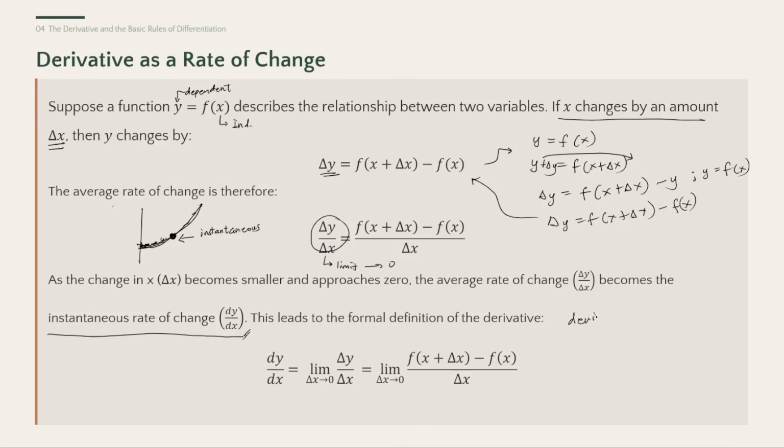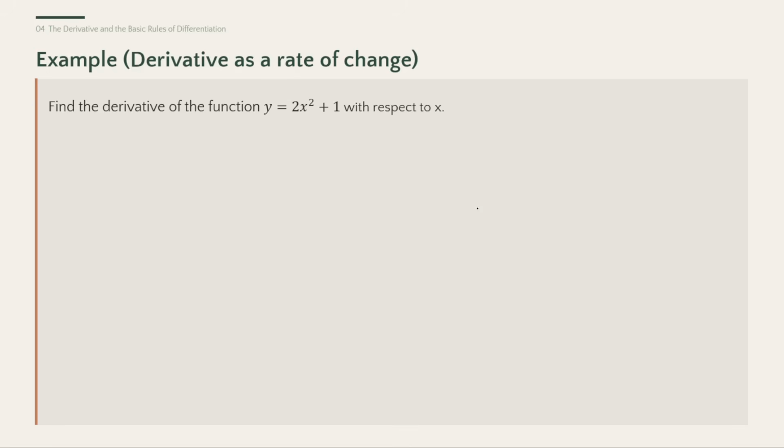When you see references or articles on the internet on the derivative as a limit, you can see this equation. Sometimes they use h instead of delta x. Okay, but it still pertains to the derivative of a function, taking the limit of delta x as it approaches 0. Okay?